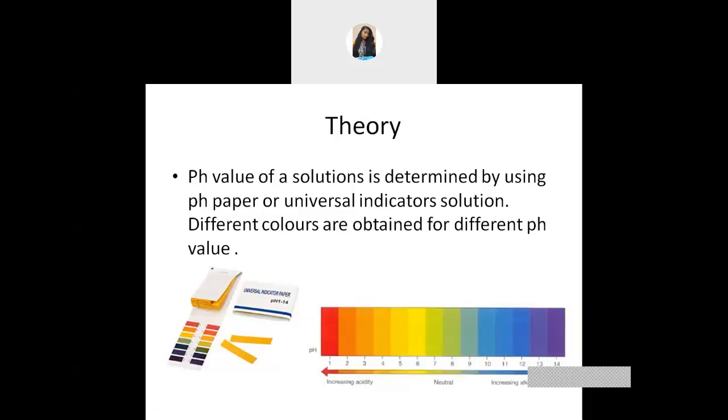It will remain yellow for a neutral solution. Got it? So for a neutral solution, the pH paper will not change its color. For an acidic solution, the color of the pH paper will change to pink or red, and for a basic solution, the color will change to light blue or dark blue. Okay, so if the examiner asks